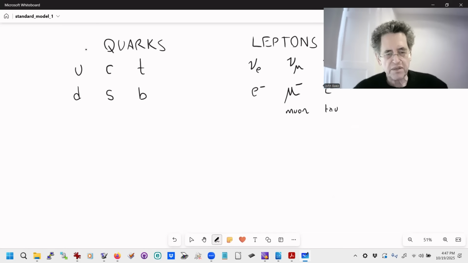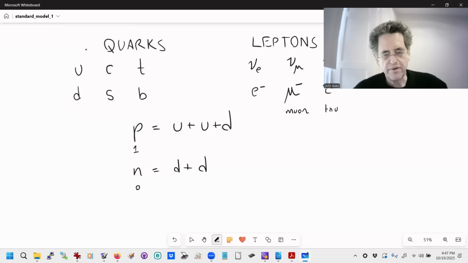If you do the bookkeeping on electric charge, you can figure out what charges the quarks have got to have. So a proton had charge 1, and it was 2 ups and a down. The neutron had charge 0, and it was 2 downs and an up. So what could the charges of the quarks be to make the charges balance or equal each other? Well, you could do the math. You could pause this video and figure it out for yourself, but it's easy to see when someone tells you